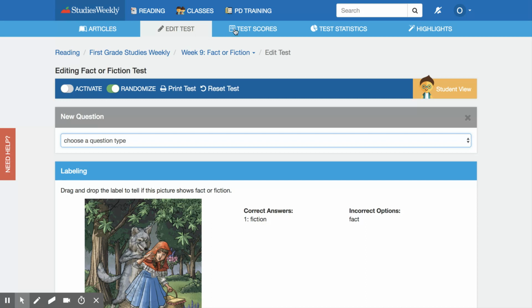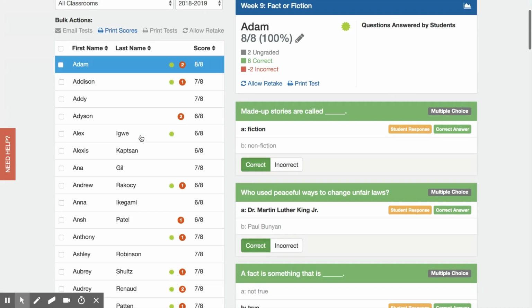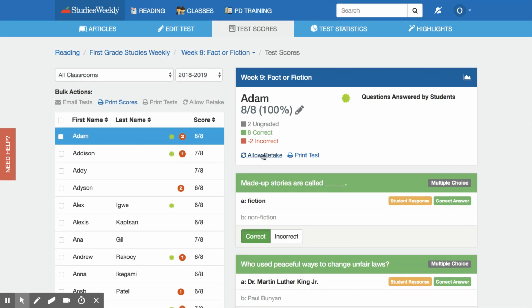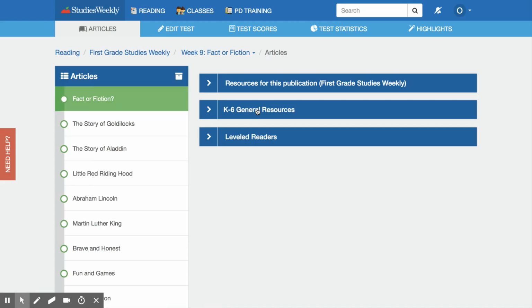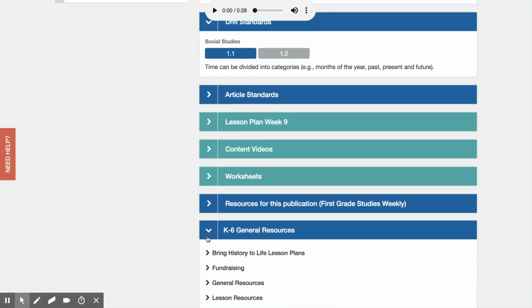Oh, actually, if they do the test online, it does grade those scores for you automatically. Just click on test scores. There's all my students, and there's all their scores. You can actually allow them to retake the test. You can print it back out, whatever you need to do. So I'll go back to the articles, and down here at the bottom, you've got these great little